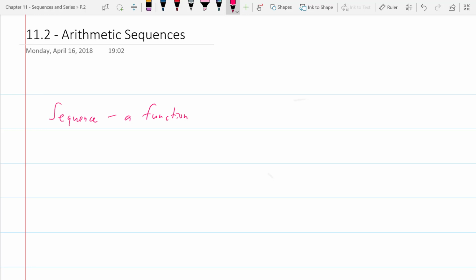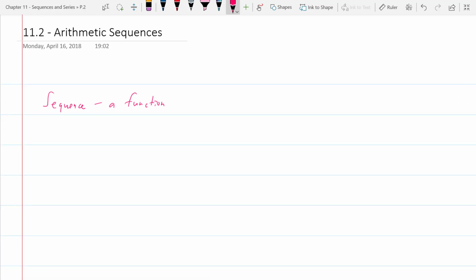And it's a special type of function. It's a function where the input is a whole number, which we define, or we call, a position, which means it's a specific place where that term is going to be. An input is a whole number, and output